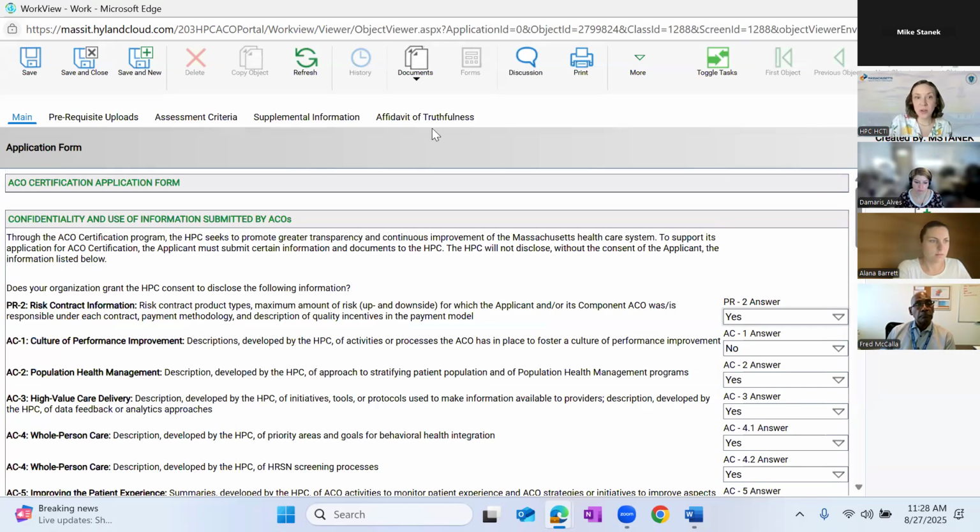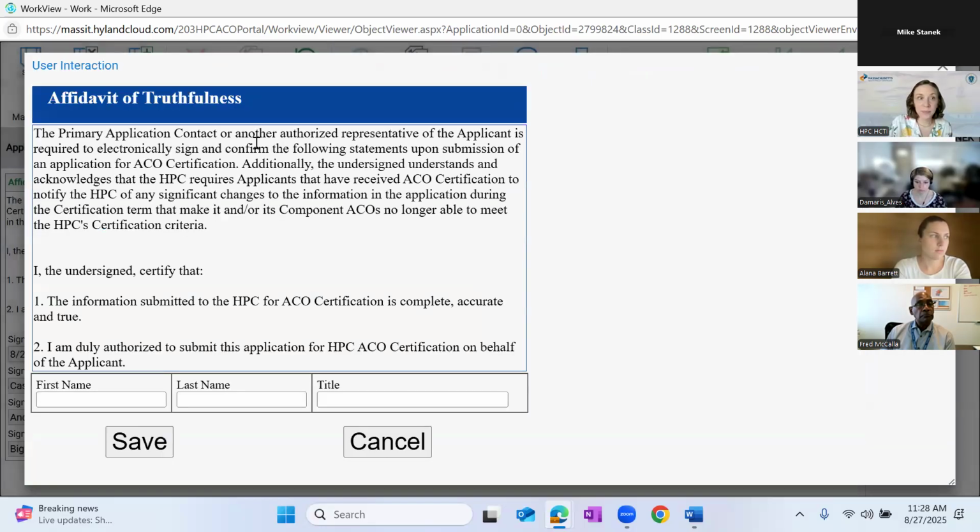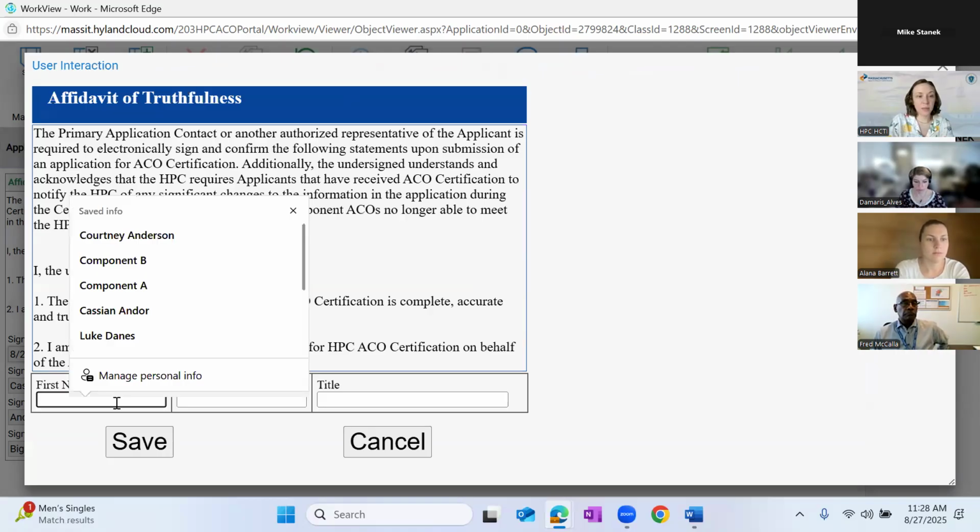So once you're ready to finalize and submit your document, you make sure the affidavit of truthfulness is signed by going to the sign button up top. So let's say, you